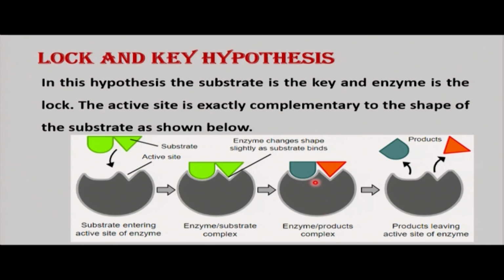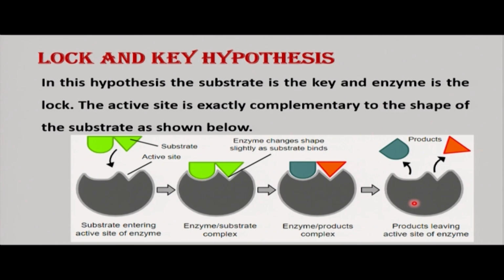Like you see, the substrate has been catalyzed, and we are going to see the enzyme we started with, and then the products which have been formed from the substrate. Then the products are going to leave the active site of the enzyme